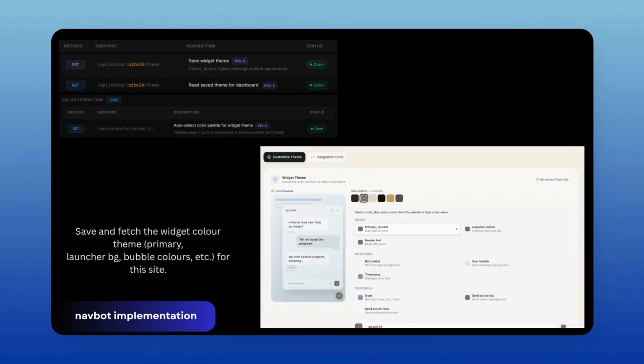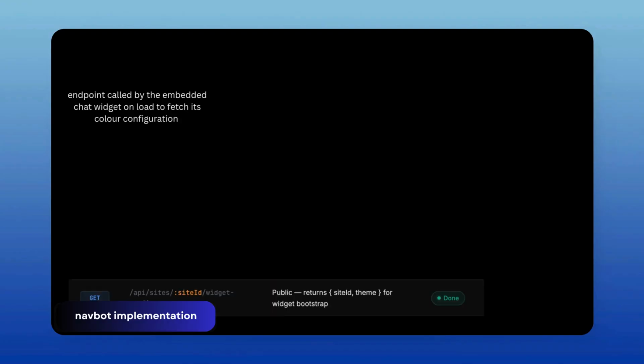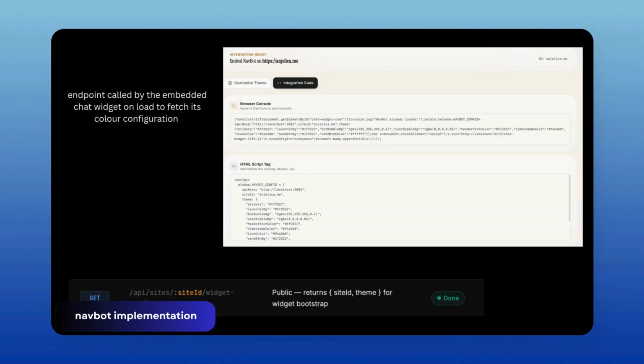It allows you to save and fetch widget colors, like primary brand colors, header icons, and message background styles, giving your website a personalized flair. Once your theme is saved, NavBot gives you 2 ways to embed the widget. The browser console snippet lets developers test instantly in DevTools. The HTML script tag is what goes on your actual site, just before the closing body tag. The getWidgetConfig endpoint is what the widget calls on load to bootstrap its color configuration without any extra setup from